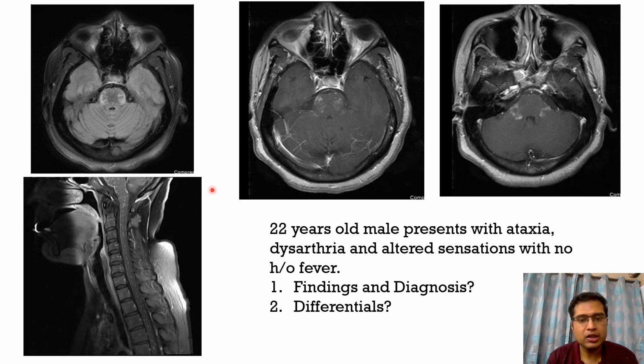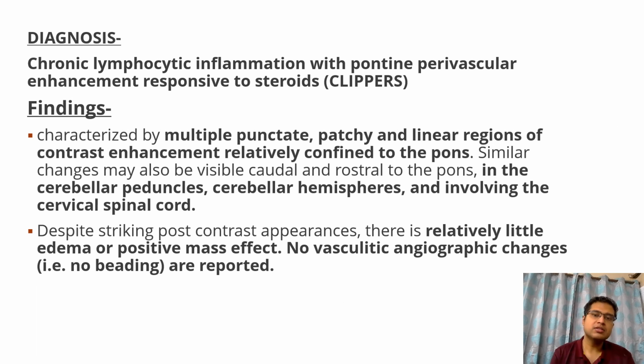So this particular condition involves the pons, the cerebellar peduncle, as well as the cervical spine, and there is no history of fever, hence ruling out encephalitis, meningitis as diagnosis. So what else can it be, particularly involving the brainstem and the cervical cord and the cerebellar peduncle? So the diagnosis in this particular case is CLIPPERS, that is chronic lymphocytic inflammation with pontine perivascular enhancement responsive to